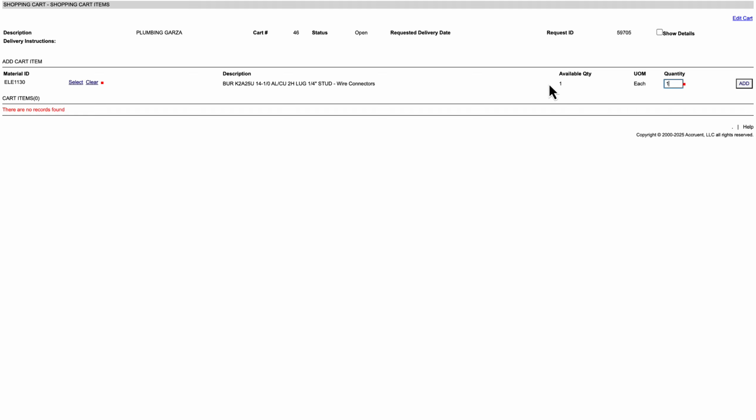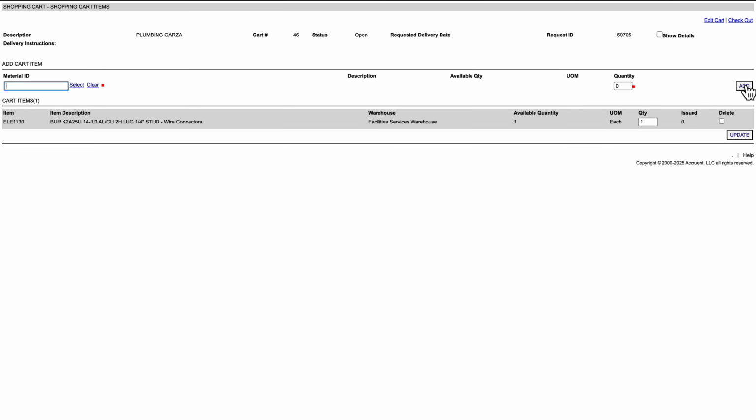The reason why is actually there's only one available quantity here. If there was 46, for example, we actually only can pick 45. 45 is the max quantity you can put in at a time. But like I said in this example, we got 1 here, so let's just put 1, and then we're going to click on Add. If we want to shop for some more items, we can go back to Select,